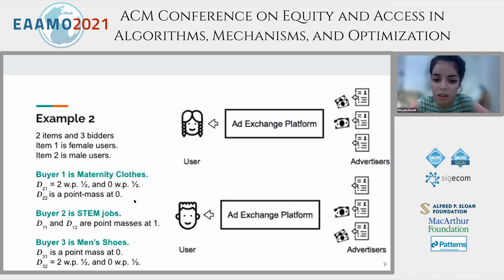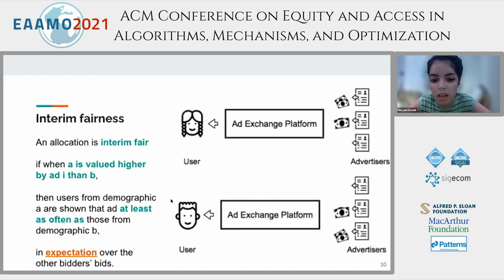And this property was not captured by the previous definition of fairness. So we're going to introduce a new definition of fairness that captures this, and we're going to call it interim fairness. And the way interim fairness is defined is an allocation is interim fair if when some user from demographic A is valued higher by some user in demographic B, then the user from demographic A sees that ad at least as often as demographic B in expectation over the other bidders' bids. So the difference is that we're not looking at the worst case scenario now, we're looking at Bayesian settings, and we want things to be fair in expectation over the